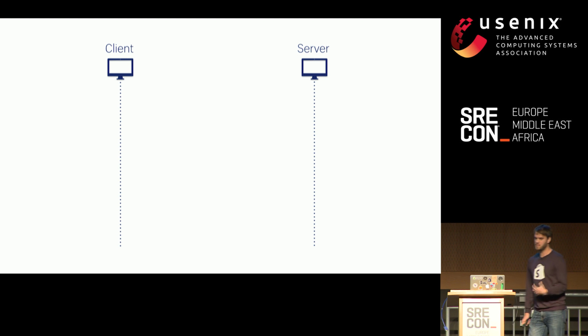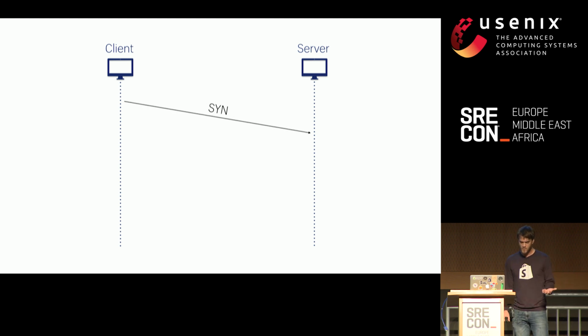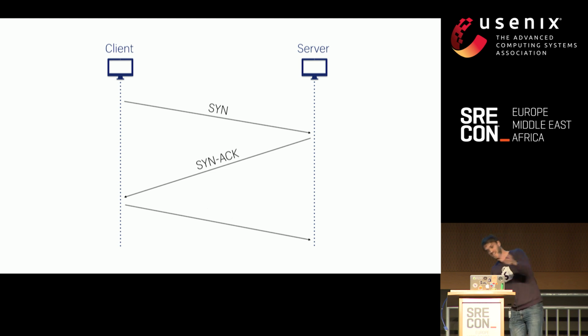So to establish a connection, we first send what's called a synchronized packet. Typically you choose a random number and send that along. The server then acknowledges the number plus 1 in that acknowledgement number, but it also sends its own randomly chosen sequence, which the client then acknowledges, and now they both know each other's sequence number that they're working with, and you have that bidirectional communication. We call that the three-way handshake.